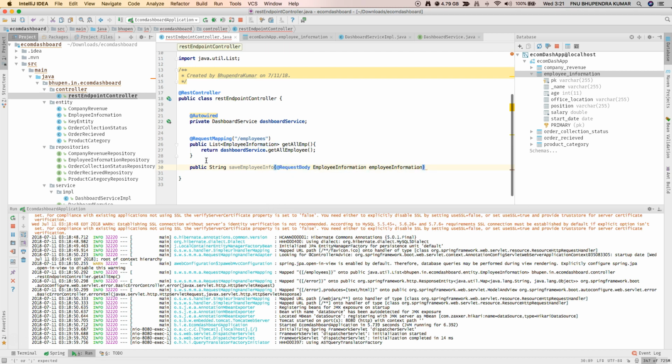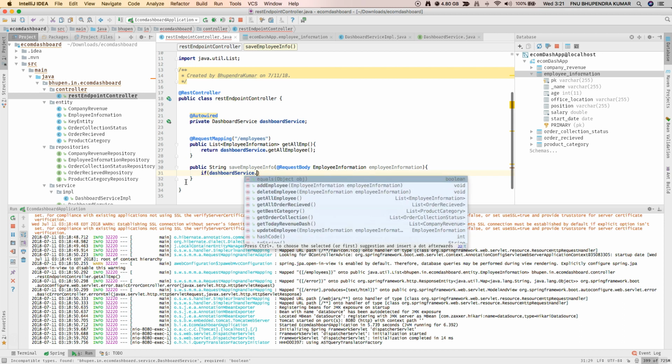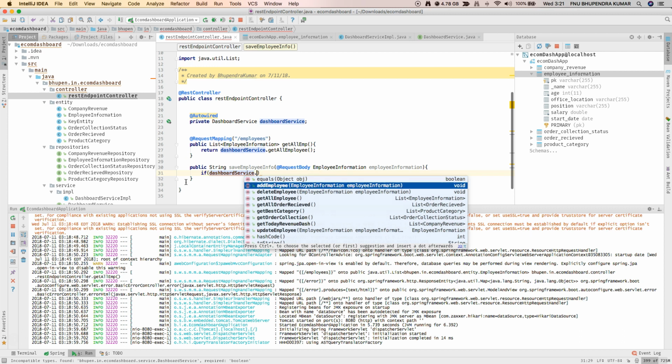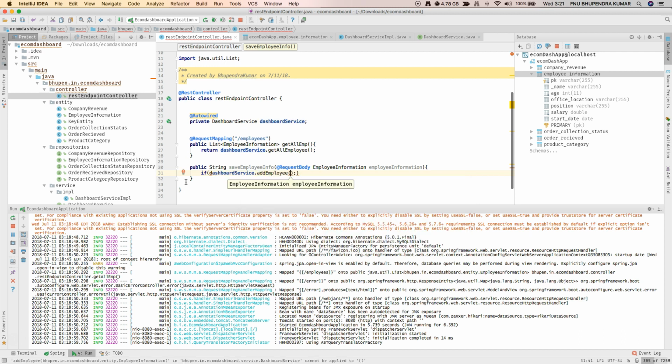Okay, and then if dashboard service dot save, dot add employee, not equals to null,